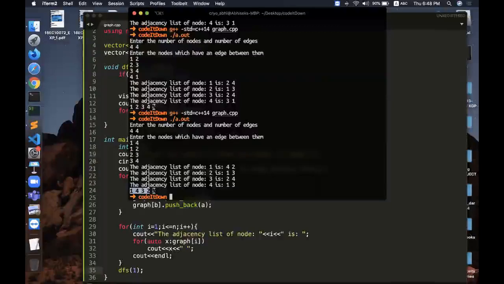So it visited 4 first, and then 2. But in the previous case, I stored node number 2 in the adjacency list of 1 first, and then node number 4. So 2 was visited first and then 4. That's why depending on the input, the DFS calls might change, but the overall complexity doesn't.